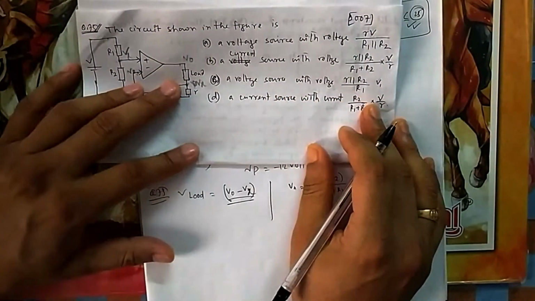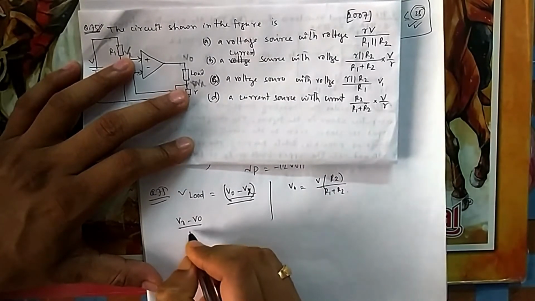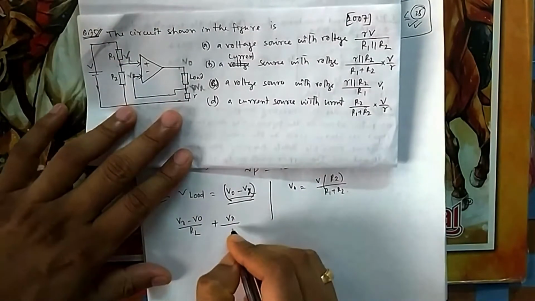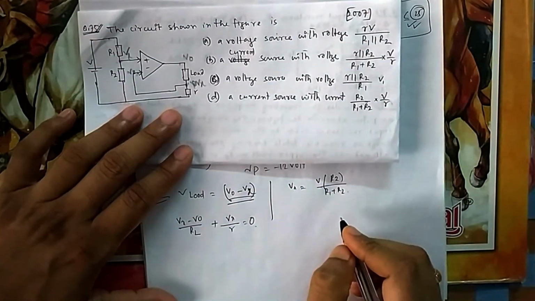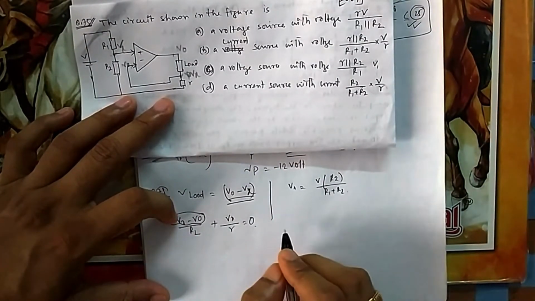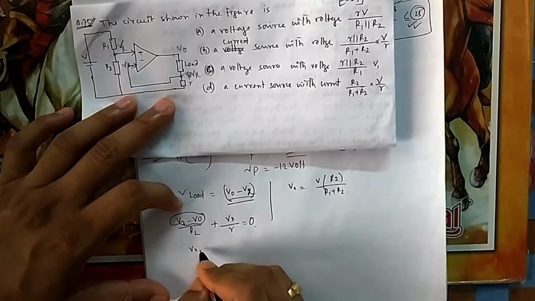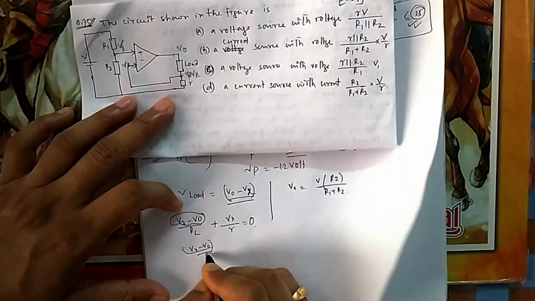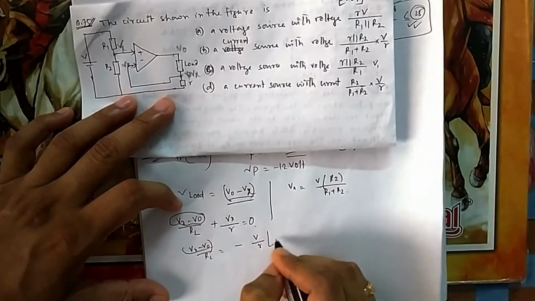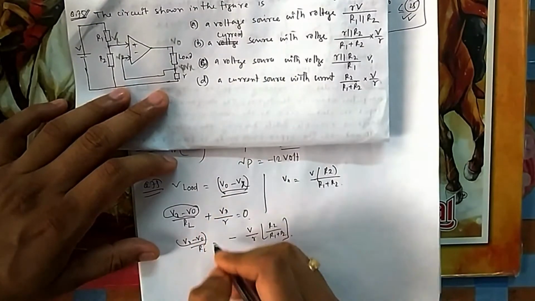Now if you take nodal here, what will the nodal equation be? It is Vx minus V0 by load, that is suppose RL, load I have considered RL, plus Vx by R, that is equal to 0. What we need is this one, because this is my V load. So let me keep it as it is, and then put Vx in terms of V. So this will be Vx minus V0 by RL should be equal to minus V by R into R2 by R1 plus R2. There will be a minus because it is minus V0.